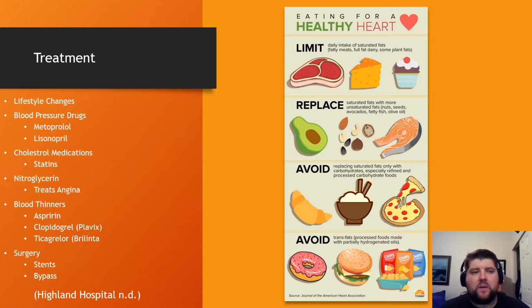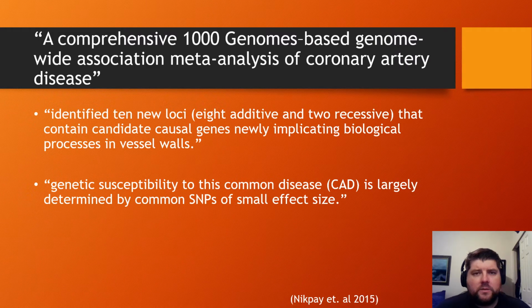perspective way for treatment. So if you know that you have a history of heart related conditions within your family, this study here is a great example of why it's important to tell our doctors that in our questionnaires, to be truthful and explain, okay, yeah, I've had relatives that have passed away to heart attack at this age, this age, or this age. That's important because those genes, according to this 1,000 genome based